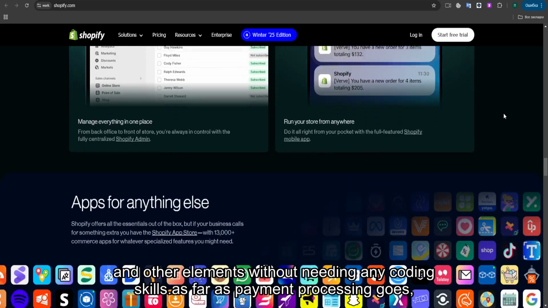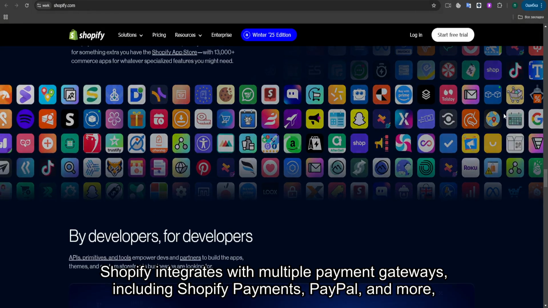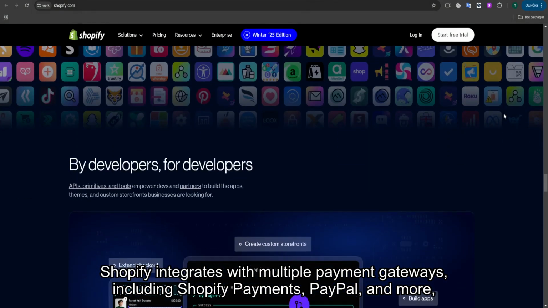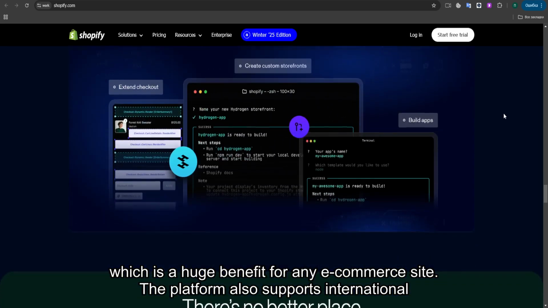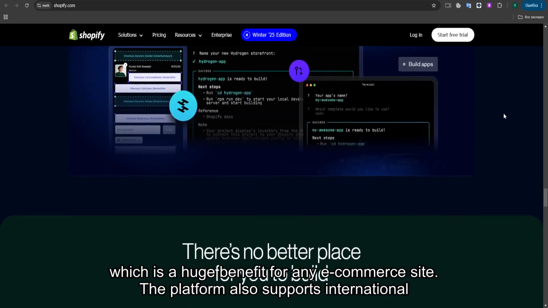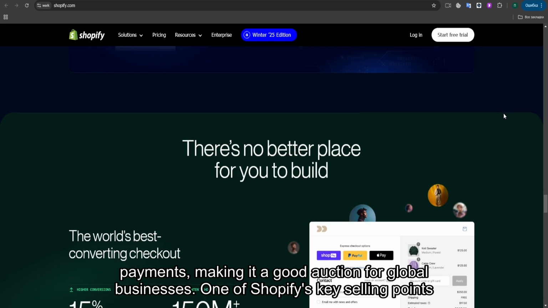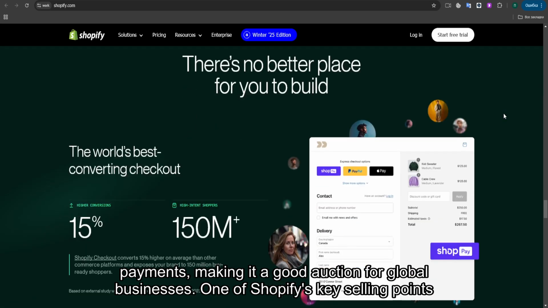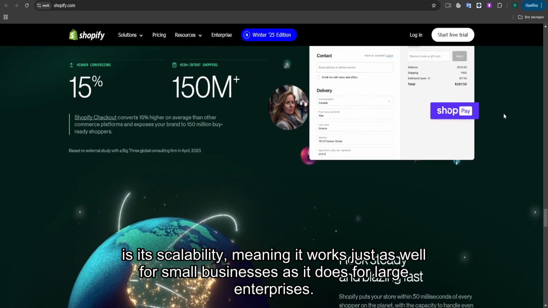As far as payment processing goes, Shopify integrates with multiple payment gateways, including Shopify Payments, PayPal, and more, which is a huge benefit for any e-commerce site. The platform also supports international payments, making it a good option for global businesses. One of Shopify's key selling points is its scalability, meaning it works just as well for small businesses as it